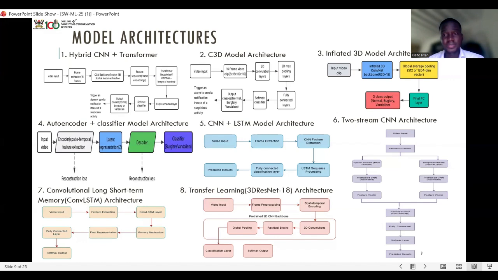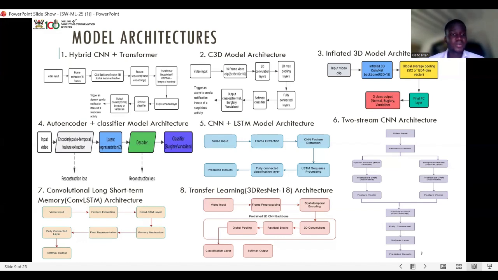The spatial stream deals with what exists in the frame, which is the object representation, and the temporal stream deals with motion detection, or what is taking place in the stream. After this, the 2 feature vectors generated are concatenated and sent to the fully connected layer where they will be classified and the predicted results generated.